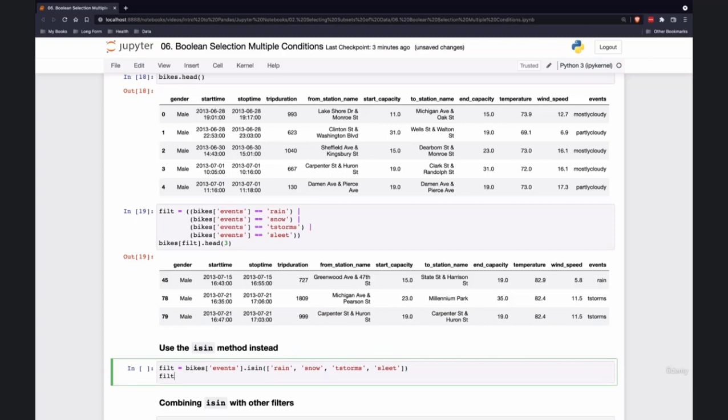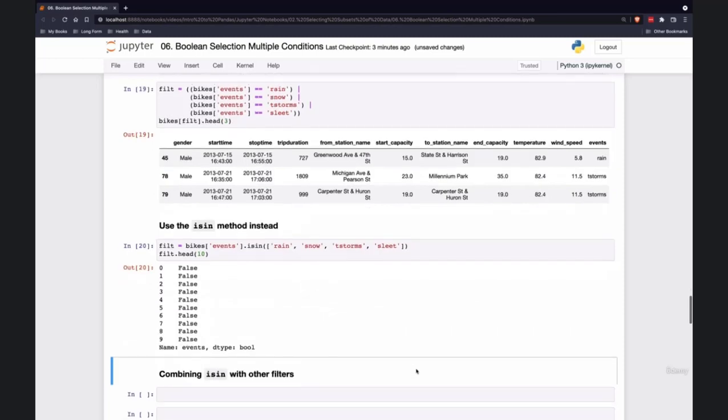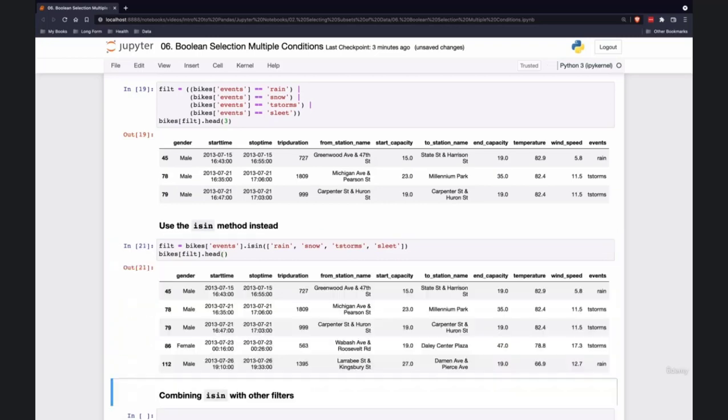And just to show you, this should give us this type of filter. None of the first 10 have any of these events, but that's how you do this. It looks for any one of these four and returns true if the event is amongst one of those four. Now let's go ahead and just filter this out to see if we get the same thing, and looks like we do. So isin can work with any of the other columns, but it's typically done with strings because